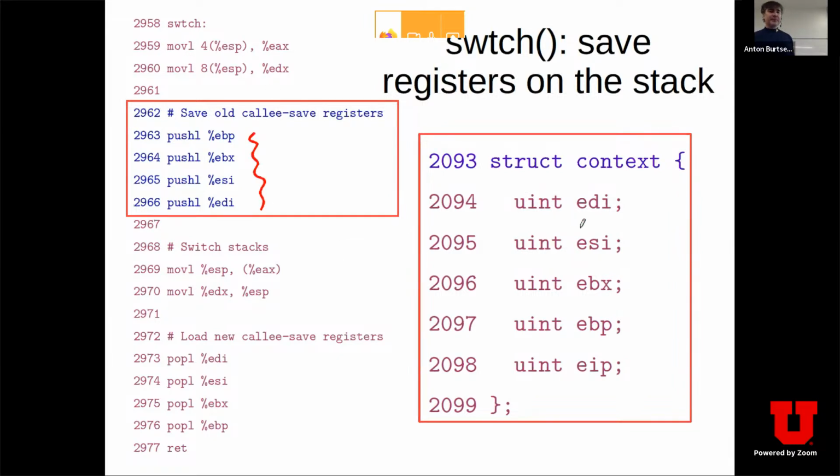And this context data structure is essentially defined in such a manner that if you set up a pointer to the top of the stack, it will match the layout of this context data structure. This is how we push it, right? So we first push, okay, hold on. So we push